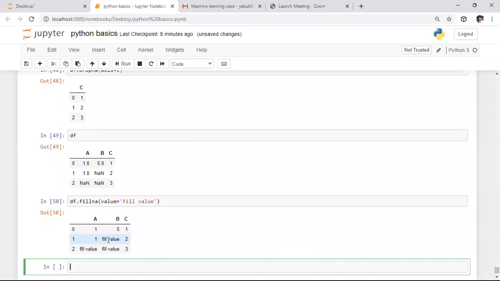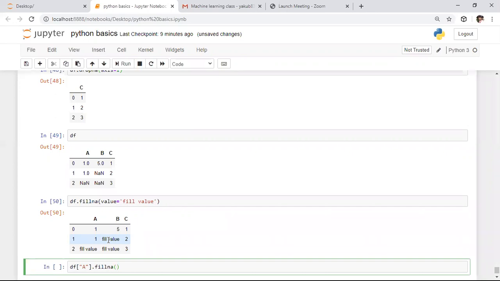Here I want to perform the mean operation on column A, and I want to replace the missing values in column A with the mean value. To perform that, if you observe this, you will get an idea. Here I'm saying df of A. I want to iterate to the column A. In the column A, I want to observe whether there are any missing values or not. So here I'm saying fillna. Here I want to fill the not available number.